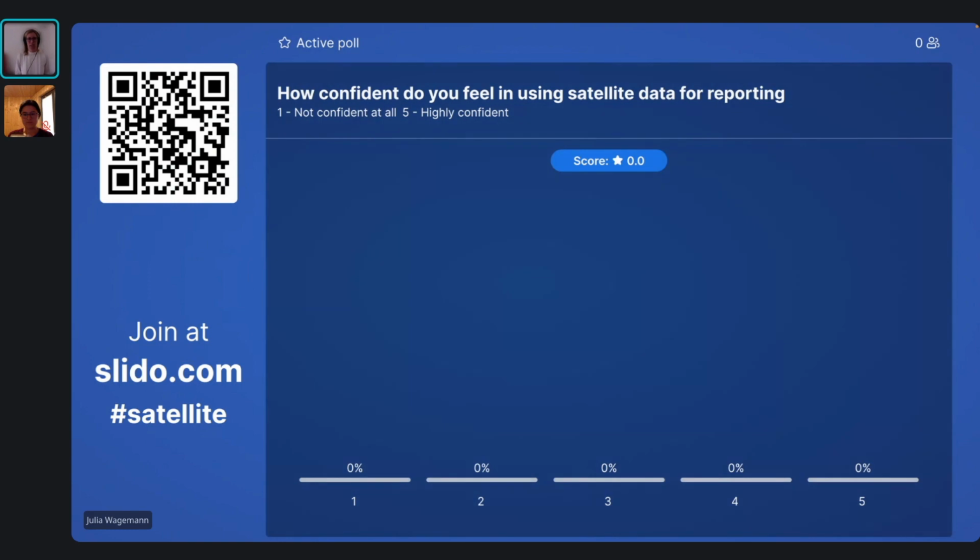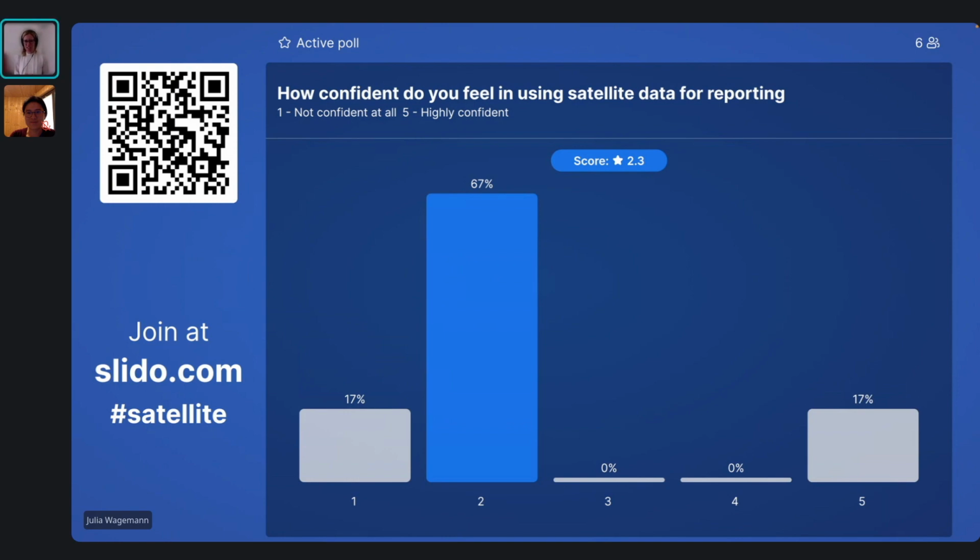Then you will get to a question, because we are interested in who is actually joining us today, and where you are in your journey of using satellite data, also for reporting. We ask you on a scale from 1 to 5, from 1 not confident to 5 highly confident: how confident do you feel in using satellite data?